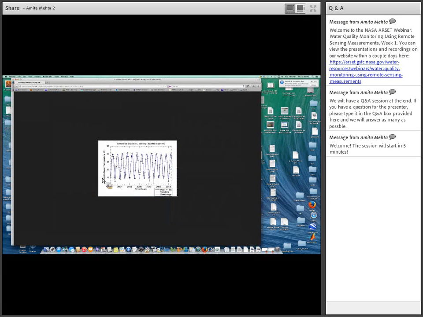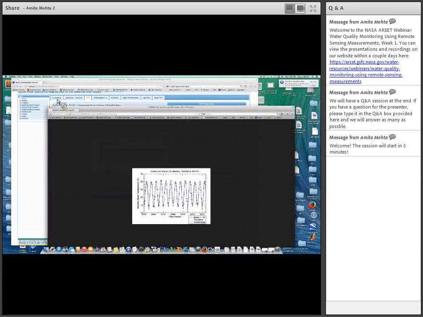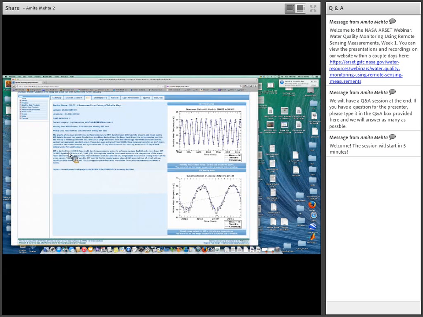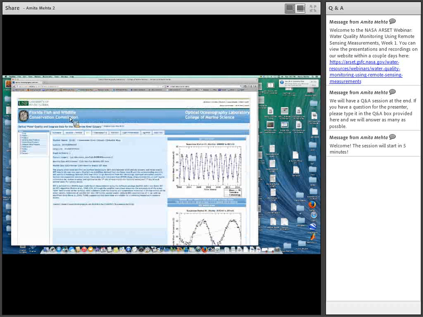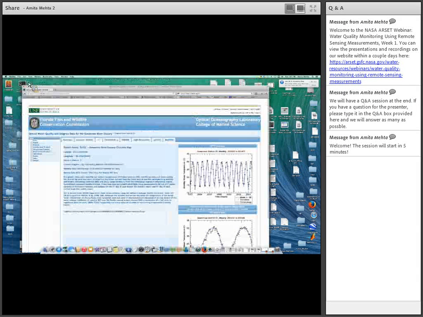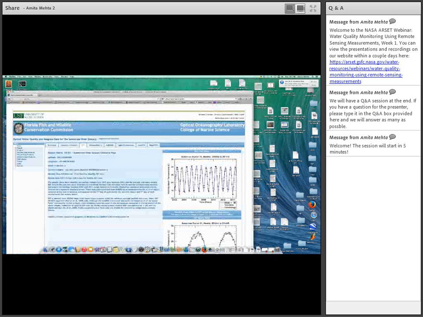So this is one example, from the Florida Fish and Wildlife Conservation Commission. These data are actually used for decision making in several regions. And so with that, I want to leave you with this presentation